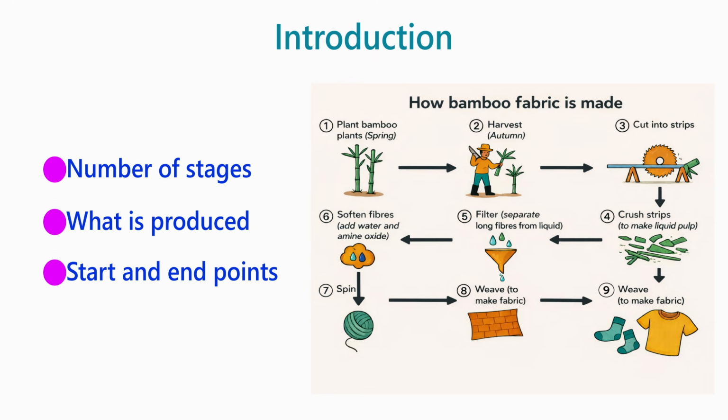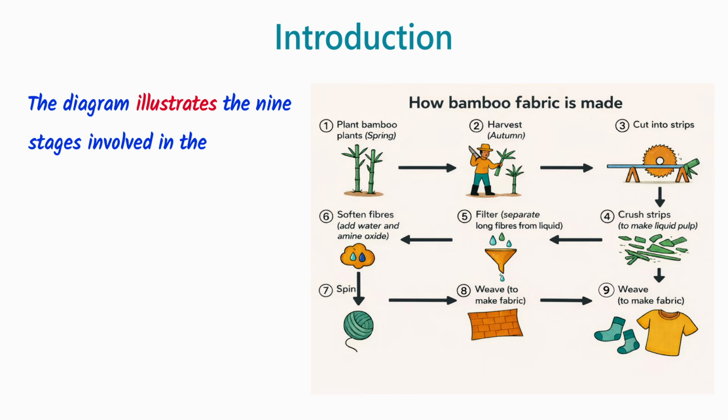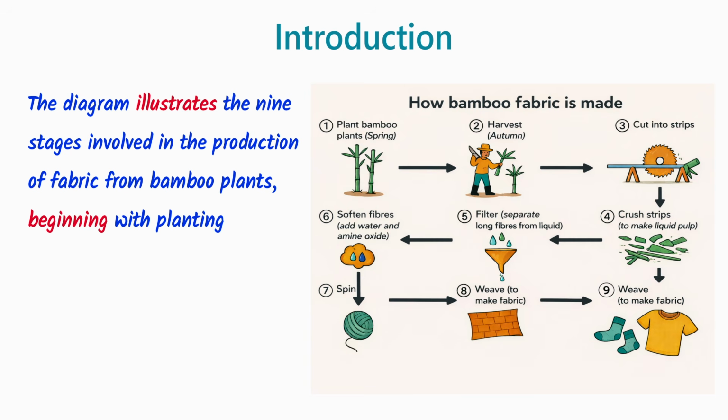The first or the beginning of this process, and the ending of this process. What is the ending process here? So we are going to write an introduction like this. The diagram illustrates, so instead of shows, we can write illustrates, not be repetitive like what we have in the question here. Illustrates the 9 stages involved in the production of fabric from bamboo plants, beginning with planting and ending